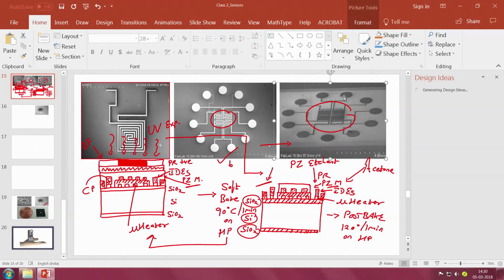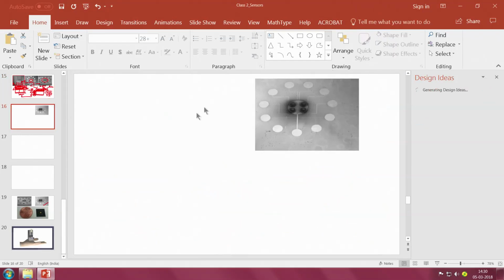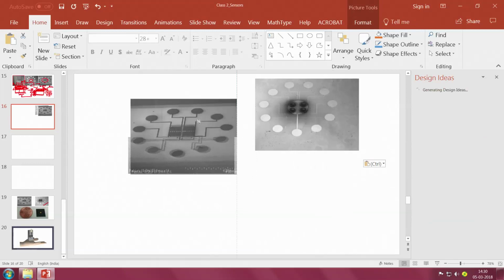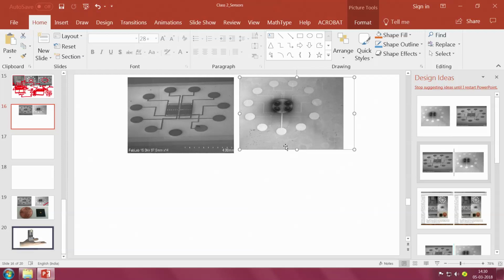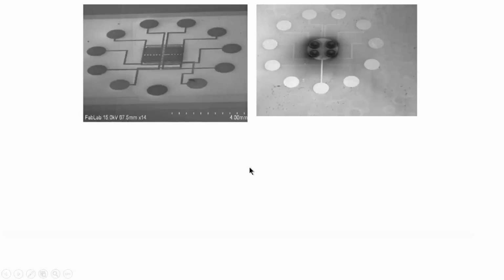Our last step was that we created piezoresistive material on interdigitated electrodes. Now, our next step is that we want to have a gold pad with SU-8 pillars. If you see this one, right, this is your gold pad with SU-8 pillars, right.